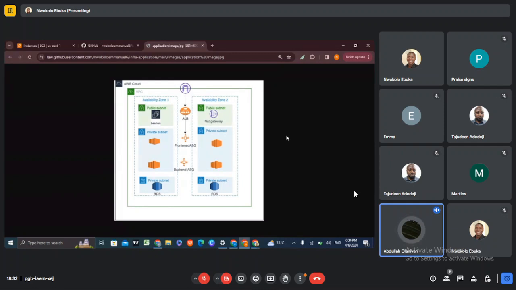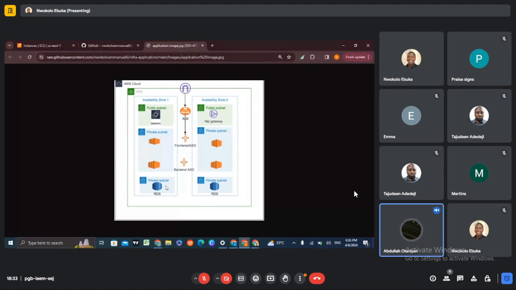Okay. So is this a two-tier application? We have the public subnet. Basically, we have an application that is sitting in the VPC, hosted across two availability zones, right? Within the availability zone, we have the private instances that I believe host the application in one of the private subnets, and I believe RDS is the database that is in another subnet, right? Now, those instances are not expected to be reached from the internet